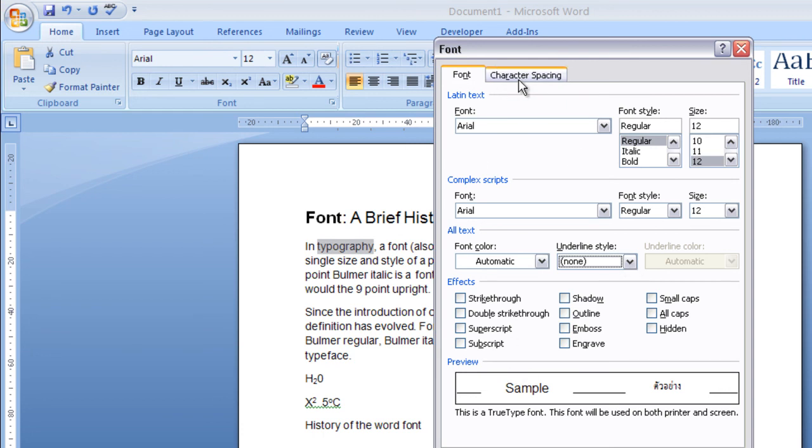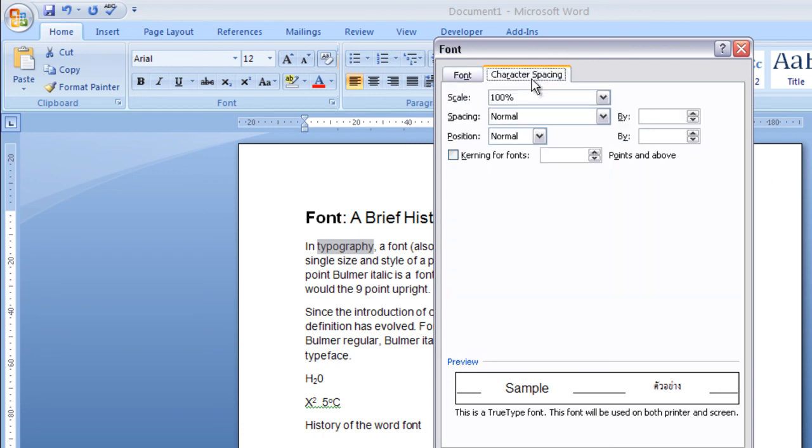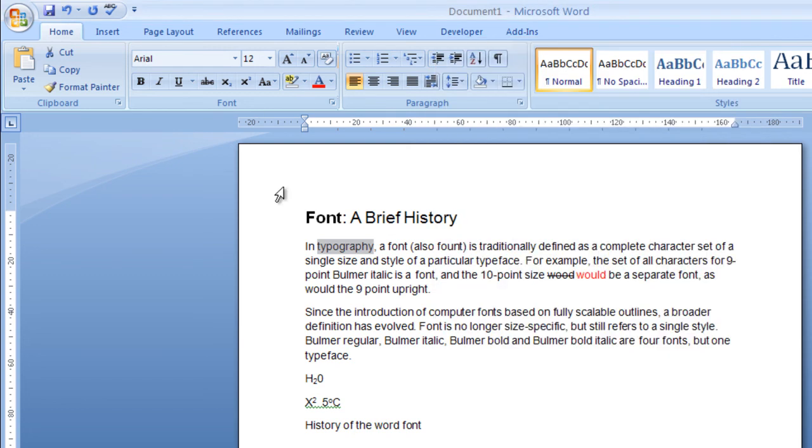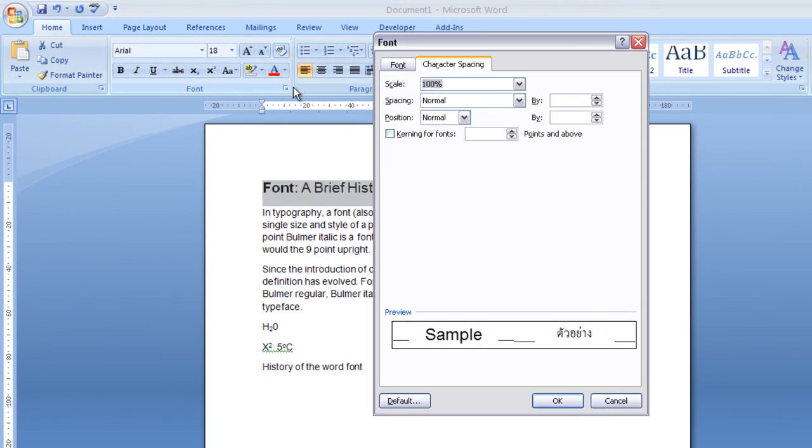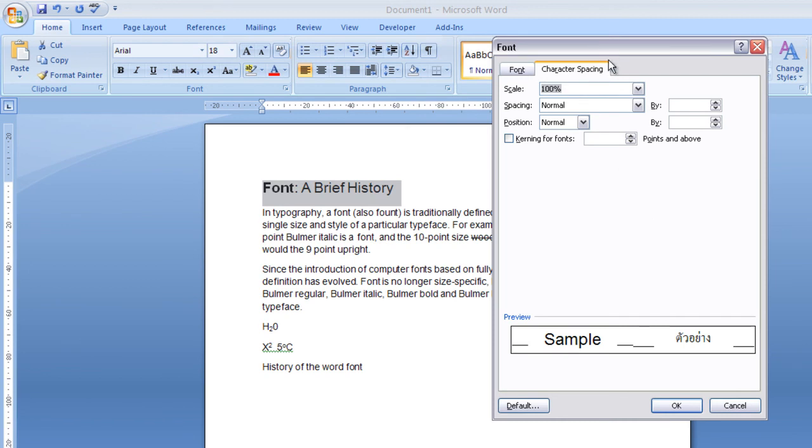Now, character spacing is hugely important, especially when you're doing things like magazines, when you're trying to get a word to fit, or you want to make a title look wider, or change the spacing in between characters. This is where you can do it. So let's say, for example, we want to stretch this top title. What I'll do is go in here with it highlighted,